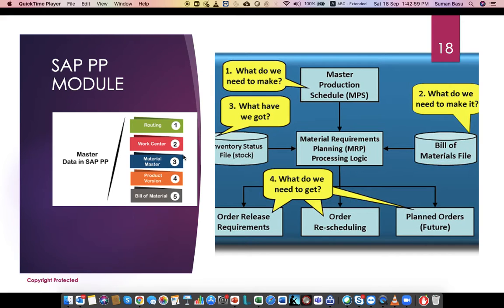Now, this finished good, when it is finally ready for delivery, has already consumed a lot of effort and a lot of cost, because every process we follow has its own independent cost and effort attached to it.